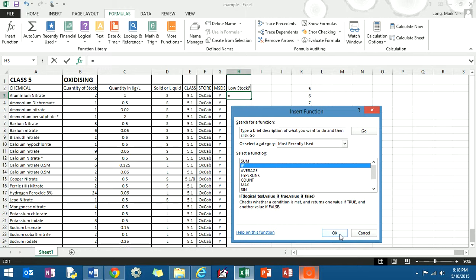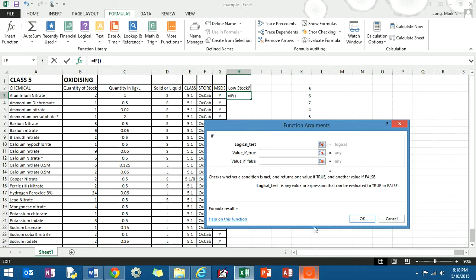So if I then click on OK here, it then brings up this little window which asks me what is the test that we want to work out. And I'm going to say the following. If I click, you'll notice that if I